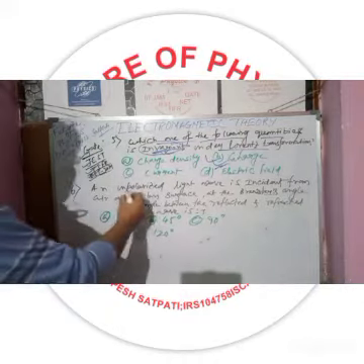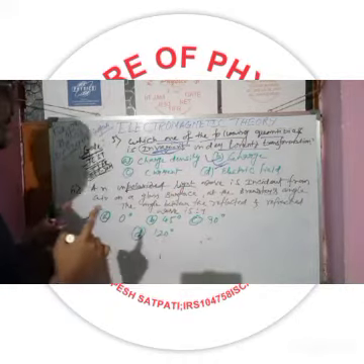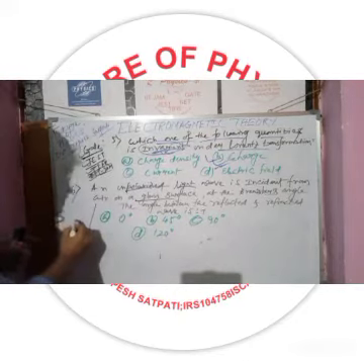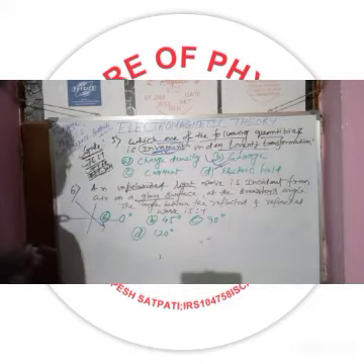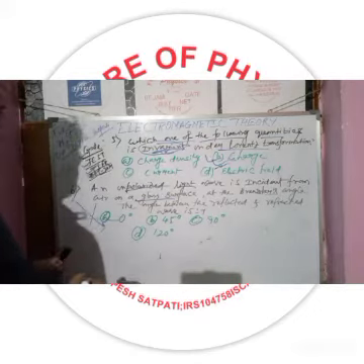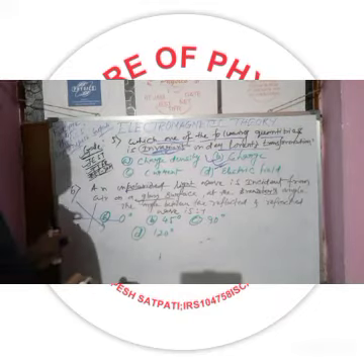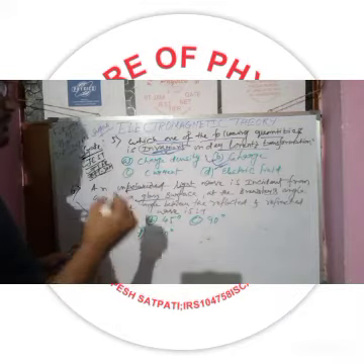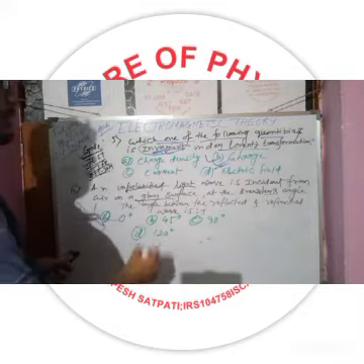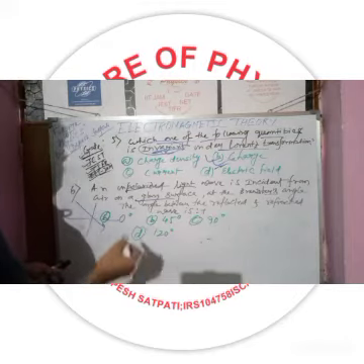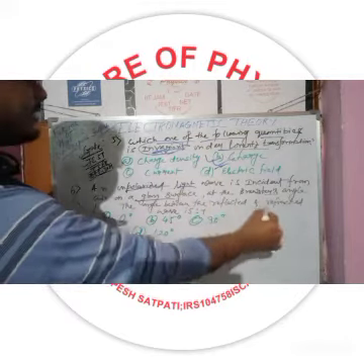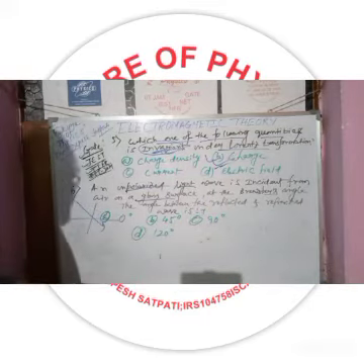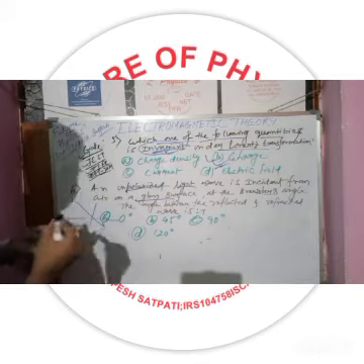Number 6 question: an unpolarized light wave is incident from air on a glass surface at the Brewster's angle. From the previous video lectures, we know the description of Brewster's angle. The angle between the reflected and the refracted wave is: 0 degree, 45 degree, 90 degree, 120 degree. It's 90 degree.